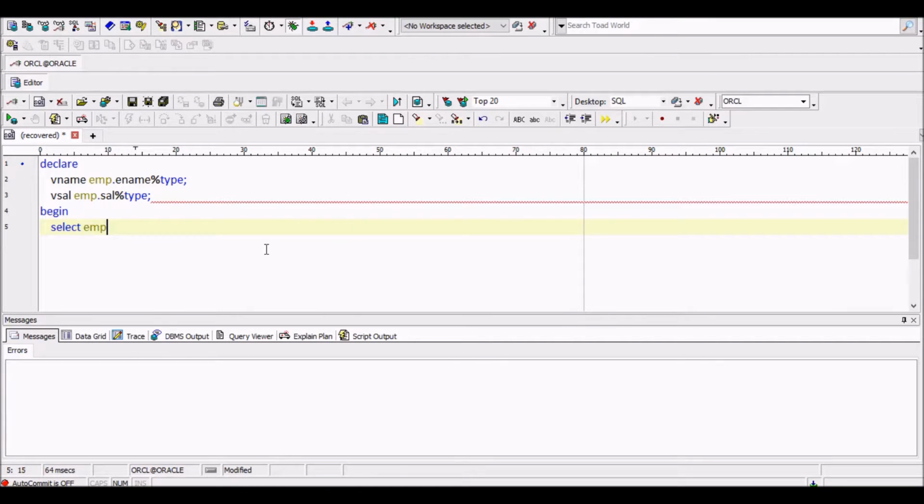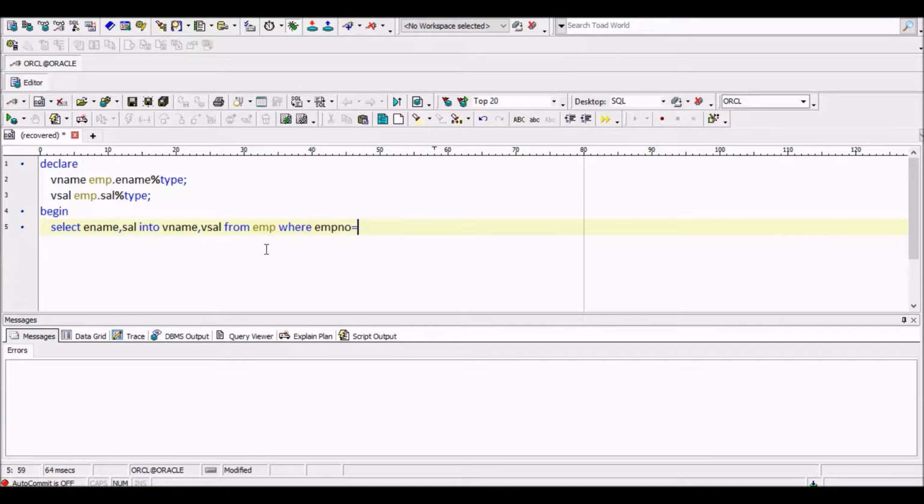Select ename, sal into vname, vsal from emp where empno equals, let us first check 7839.